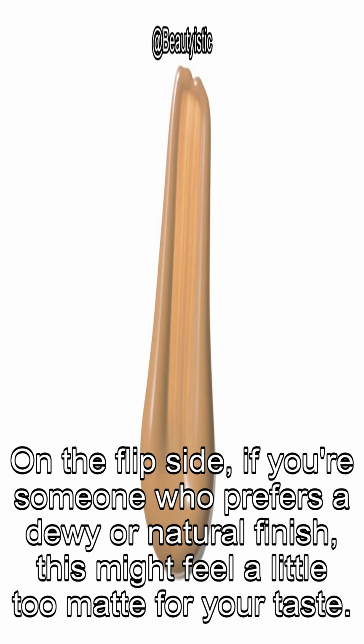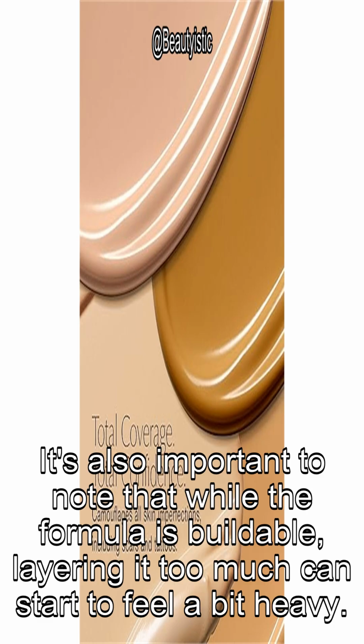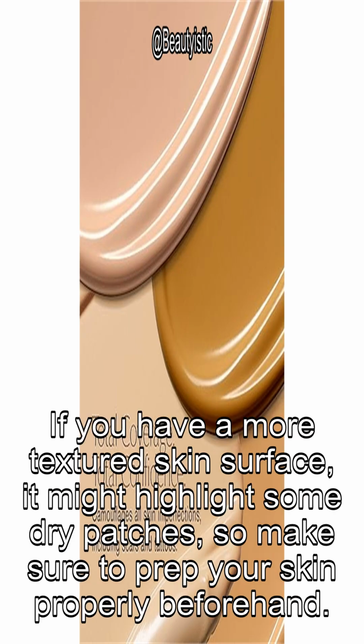On the flip side, if you're someone who prefers a dewy or natural finish, this might feel a little too matte for your taste. It's also important to note that while the formula is buildable, layering it too much can start to feel a bit heavy. If you have a more textured skin surface, it might highlight some dry patches, so make sure to prep your